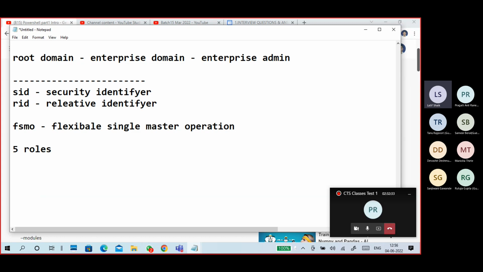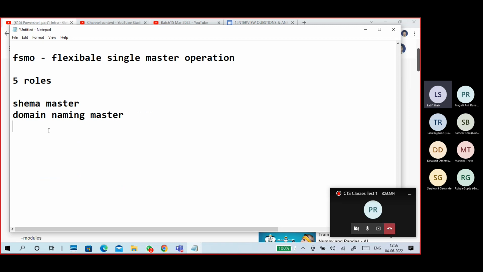The first 2 roles are schema master and domain naming master. These 2 roles are only available in the root domain controller. So the remaining 3 are RID master,